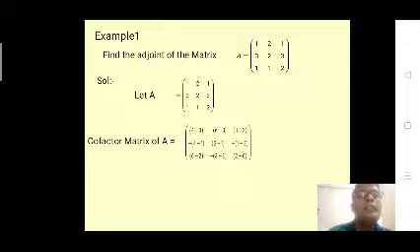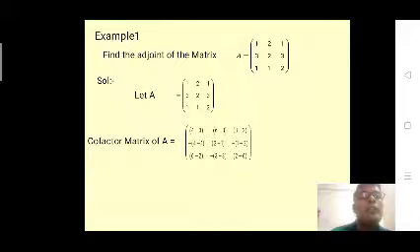We write 2 into 2 minus 1 into 3, so we write 4 minus 3. Since 1 is in the first row and first column, the sign is (-1) to the power of 1 plus 1, which is 1 squared, a positive value. So we take 4 minus 3. In the same way we write the cofactor of the element 2, which is in the first row and second column, so we get the minus symbol. The remaining we write 6 minus 3.